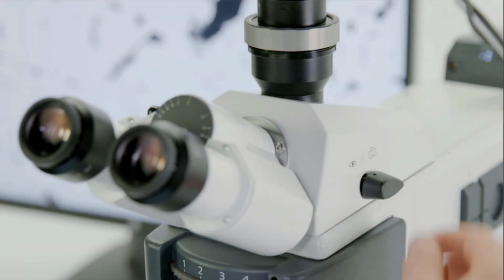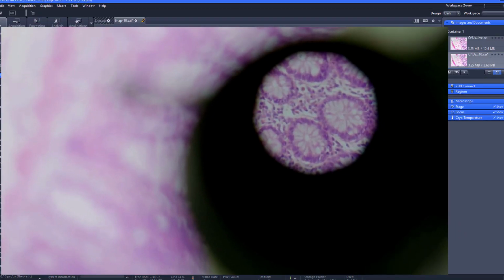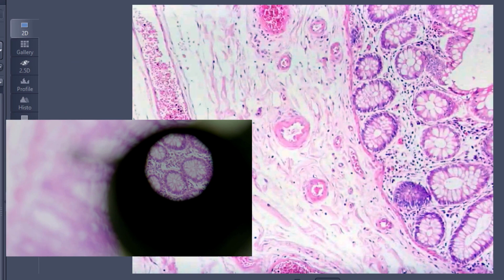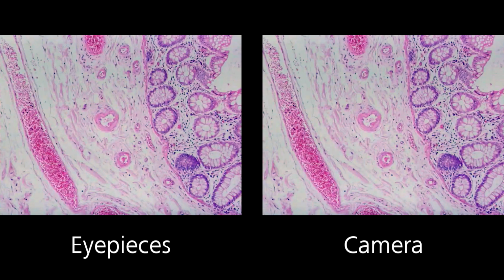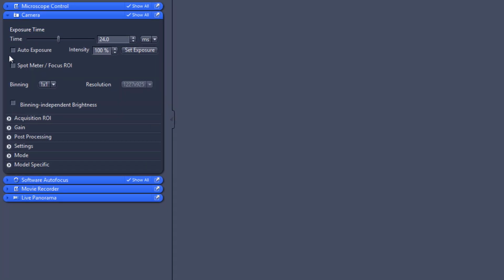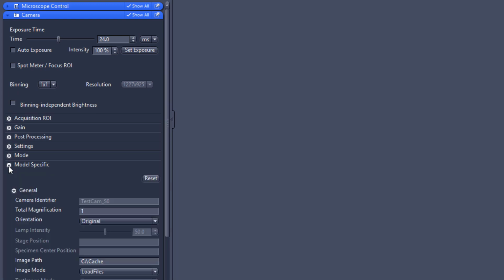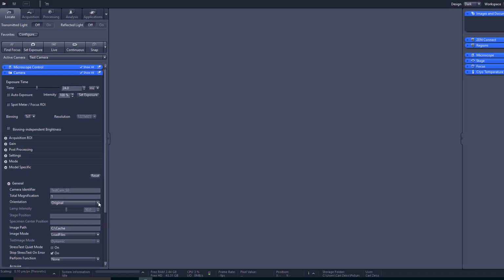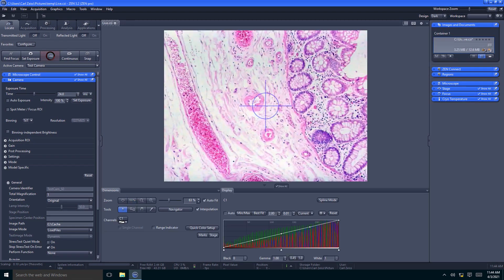Switch the light path back to the binocular tube and compare the image you see through the eyepieces with the image on the screen. If the images match, this step is complete. If the images don't match, navigate to the camera window and expand the model-specific section. Under Orientation, choose a different option from the pull-down list until the live view orientation matches the image through the